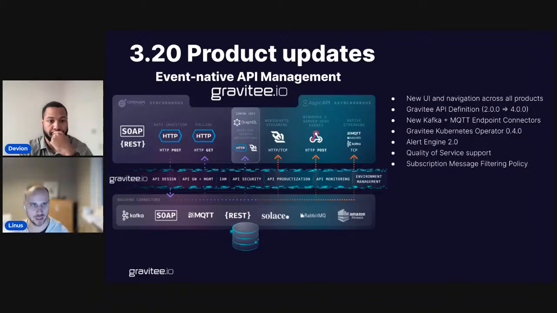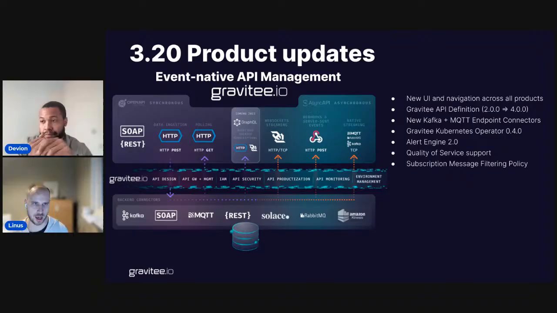by Devian. So in 3.20, there was a lot of focus on what we call at Gravitee event-native API management. Event-native API management for us is a technology that allows organizations to unify the management of synchronous and asynchronous services and applications. What we have been seeing at Gravitee is a big trend of organizations implementing event-driven architectures,